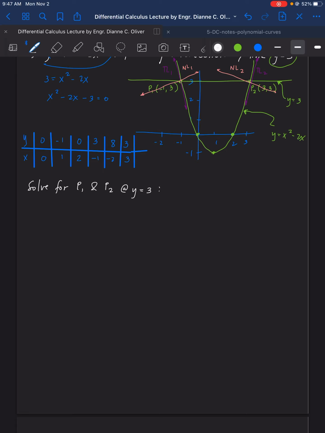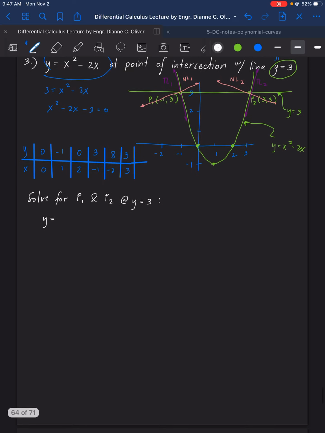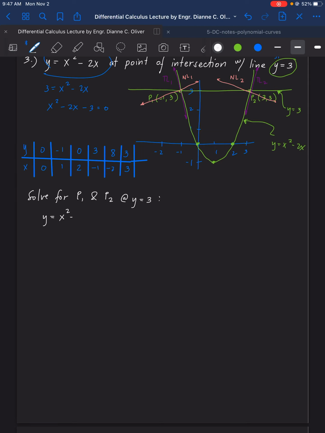Now to solve for that, the original equation is y equals x squared minus 2x. Substitute the value of y. We have there x squared minus 2x minus 3 equals 0. So the roots of this is x plus 1